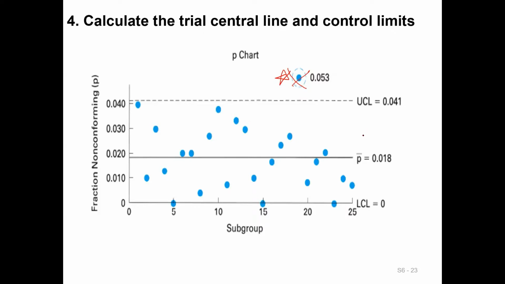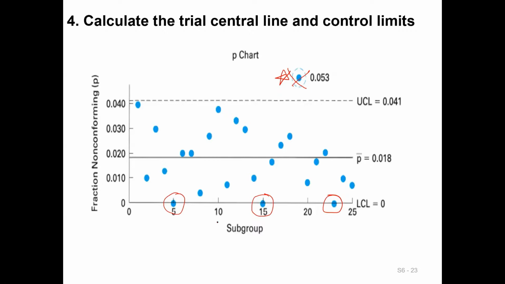Again, you might notice that there are 3 points that are exactly on the lower control limit. This is also something different from the variable control chart, which is similar to the NP chart. No action is required for these 3 points because 0% or a 0 ratio of rejection is a good indication. So you're not required to remove these 3 points.